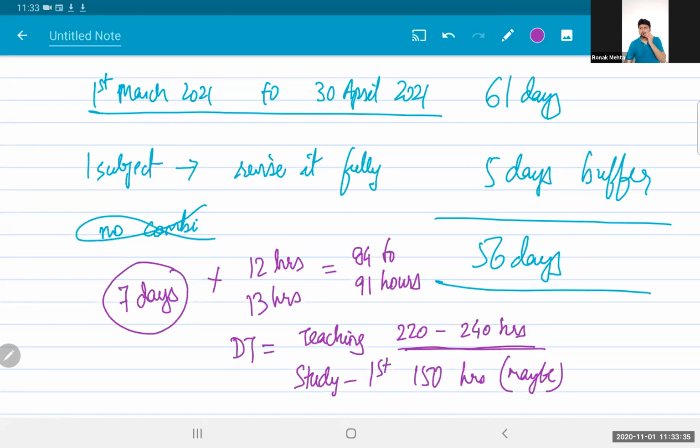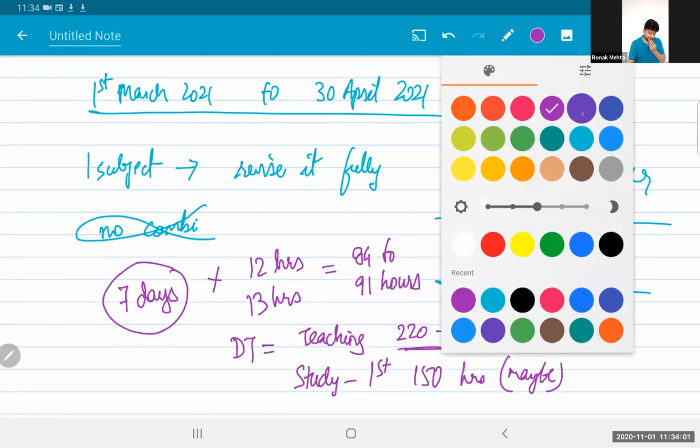Your exams will start probably 1st of May or 2nd of May. First week of May में exam start हो जाएगा. So last week of April should be reserved for FR studies. Then excluding FR, you can study up everything. You can revise up everything starting from 1st March. You can then go in a reverse pattern, start with IDT, then DT, or you can go in any other manner you want. That sequence is unimportant actually.